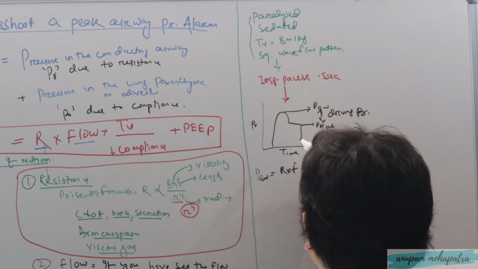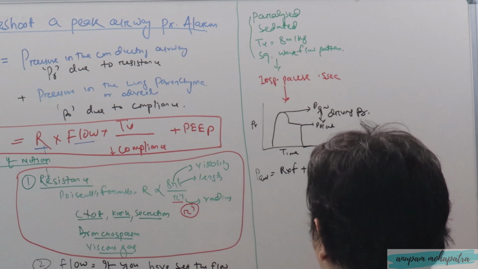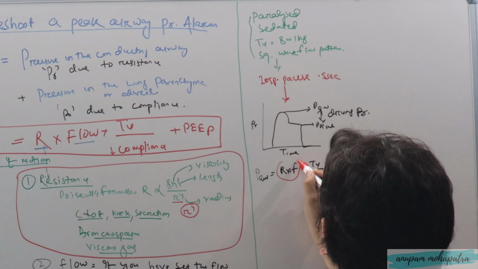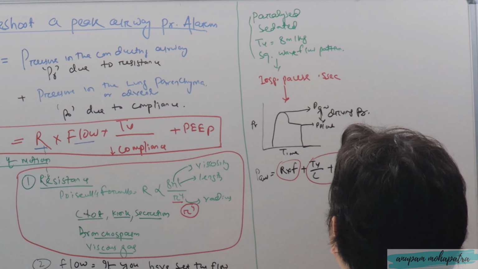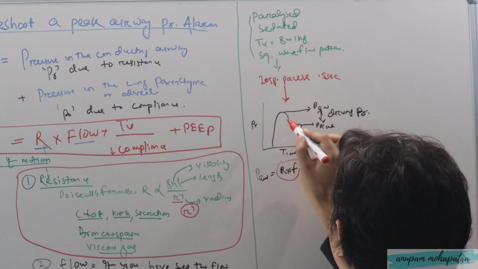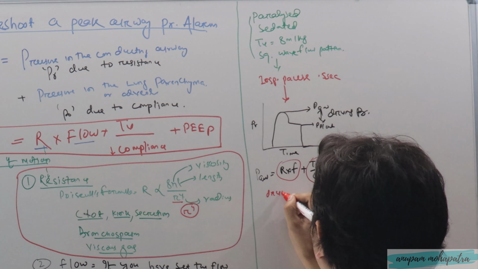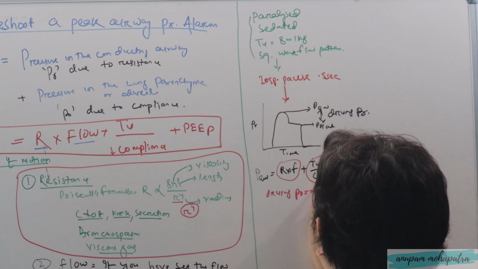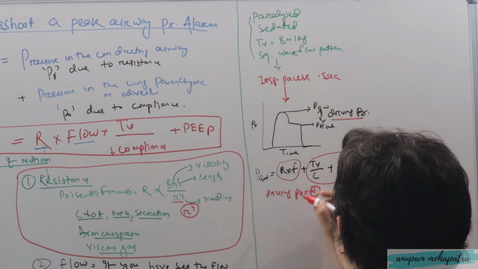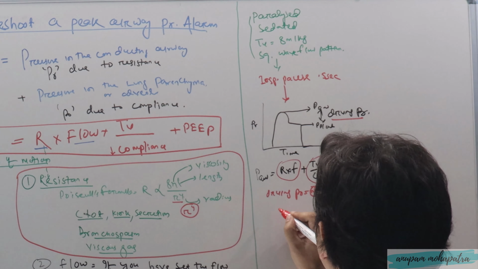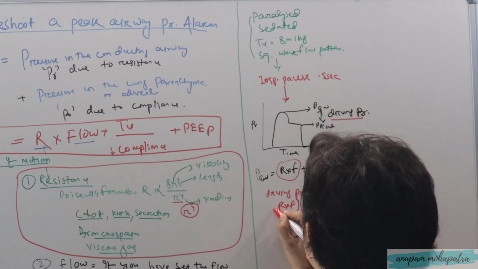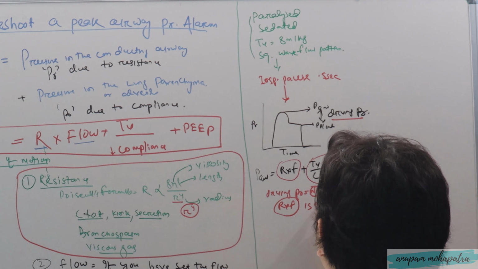If you put an inspiratory pause, you can differentiate these two things, right? This is the differentiating factor. If the driving pressure is normal, this is the driving pressure, the difference between this, then this resistance into flow